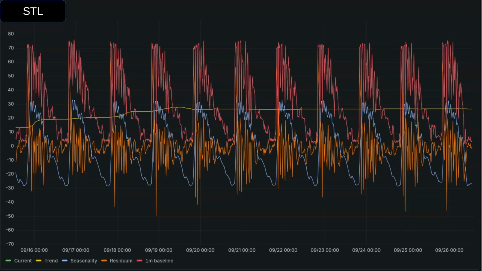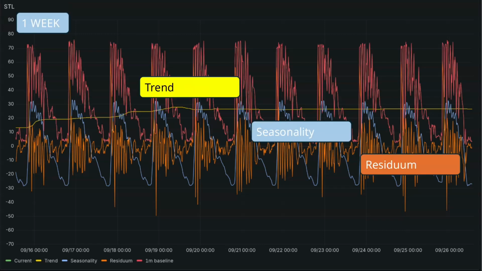So this is how it looks. It's one of our pre-production instances that calculates data. It does the same calculations with different data sets over and over and over. And with this decomposition, we can see the trend, which is the yellow line. And we see that it has some increases during the week until it's stable and then decreases a bit for a weekend. We have seasonality in blue, and we can see that,